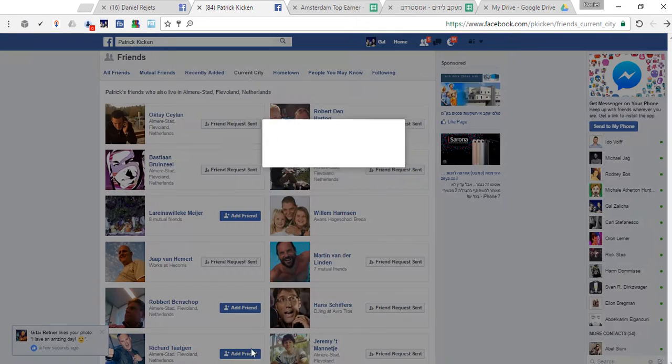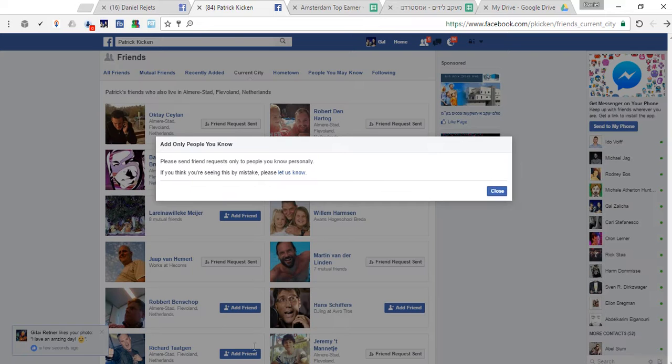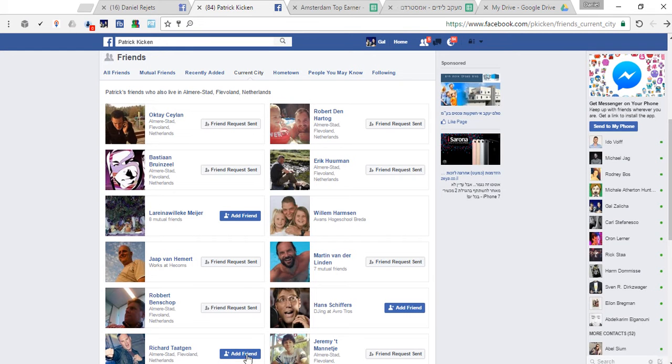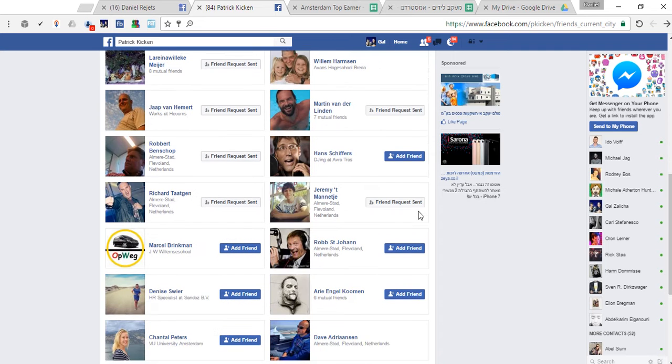6, 7. Okay, it's a little process. It will take you some minutes. It can take you between 5 to 10 minutes to do it, and it's okay. Sometimes it will tell you that you cannot add these friends, and it's okay. Facebook is a robot, so you need to adapt yourself to the robot.